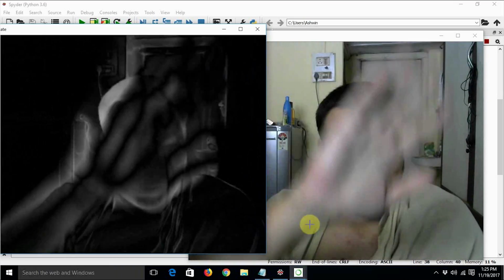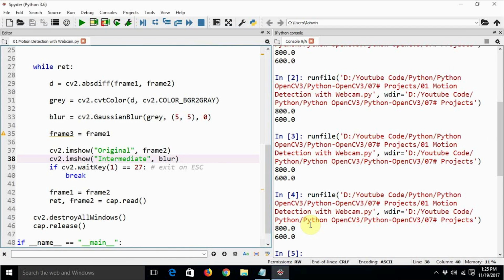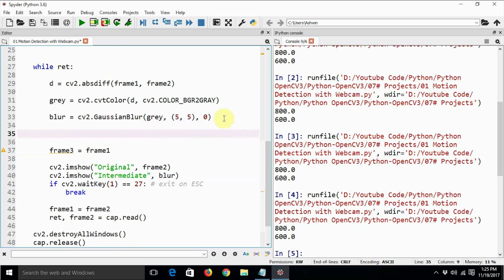Finally, we are going to create a thresholded image before we move on to the final step of finding the contour. It's the last but one step. So the threshold will be ret, th, where th stands for the thresholded value, equals cv2.threshold, and the blurred image is the input for this.